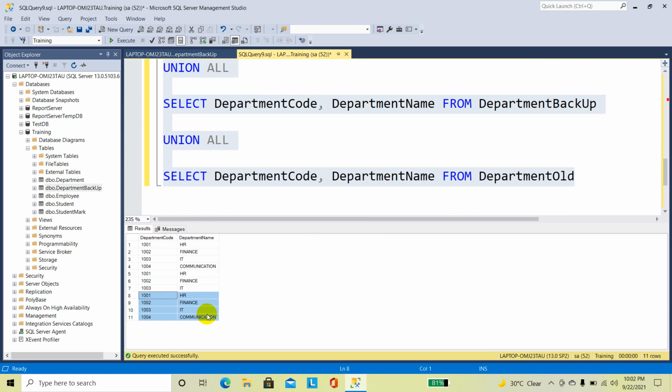So when we apply union all, we will get all the records from the tables, and there is a chance of duplicate entries. If the same entry exists in, for example, 2 tables, then it will take the duplicate entries from both the tables.